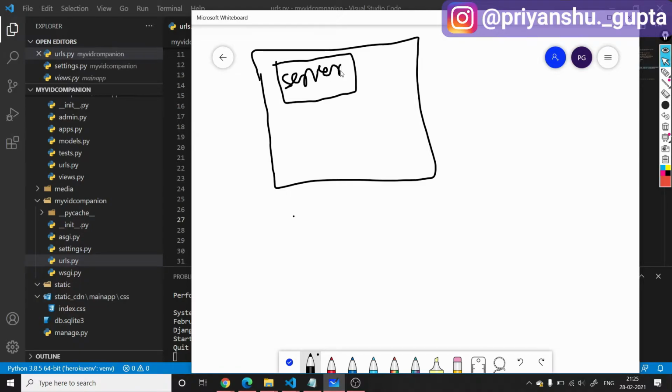This is the code for the built-in server placed in your Django application, and as soon as you hit python manage.py runserver, it starts the server here. Then we have a file called wsgi.py, and this is the custom code that you write here.